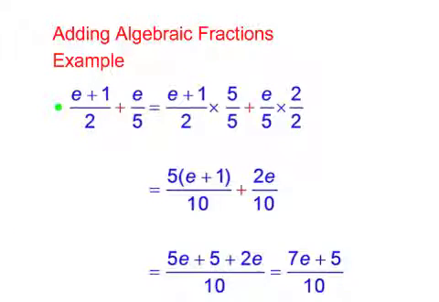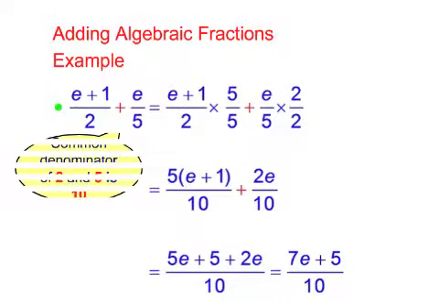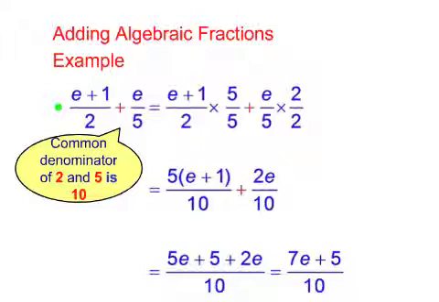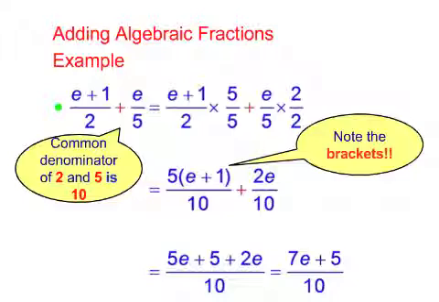Here's another example, e plus 1 over 2 plus e over 5. 2 and 5 must divide into a number. The common denominator here would have to be 10. So that equals e plus 1 over 2 times 5 over 5 plus e over 5 times 2 over 2. Notice the next line down, we have brackets e plus 1. Be careful here, we're multiplying 5 by e plus 1. So it's 5 brackets e plus 1